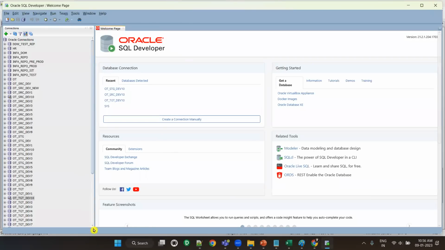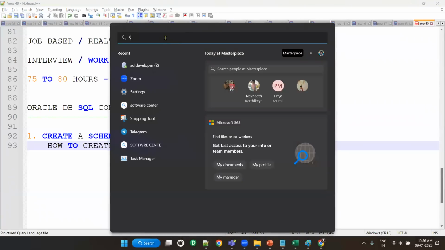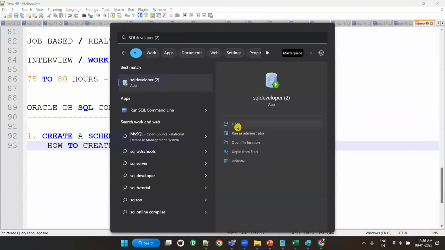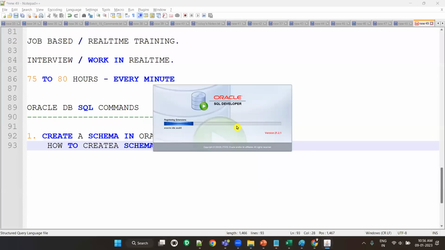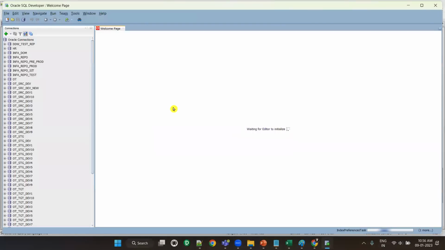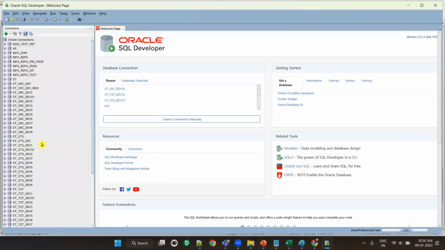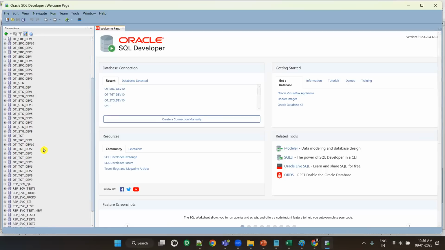I'll open it again for you. Search with SQL, and SQL Developer will be visible. Open it. Once you open, it will show like this. First, you need to create a schema like this. To create a schema, we will have a sys